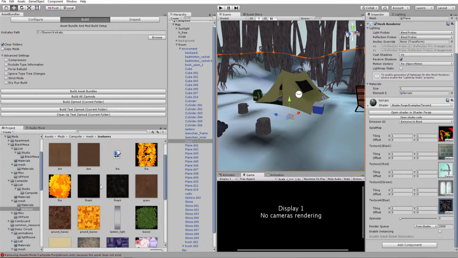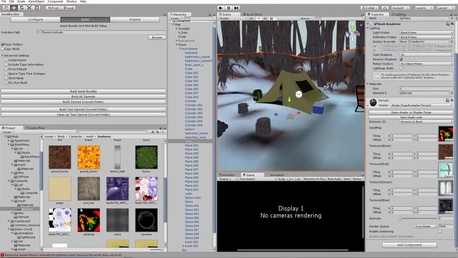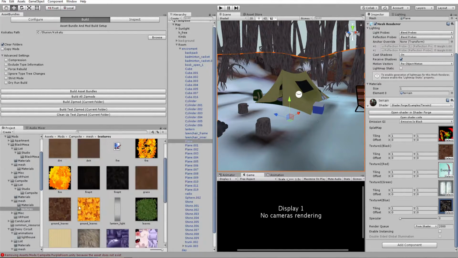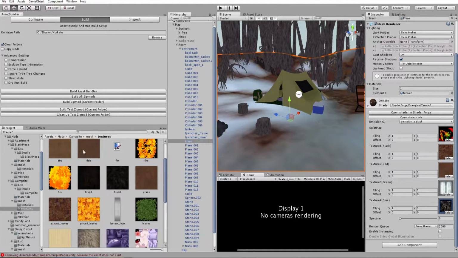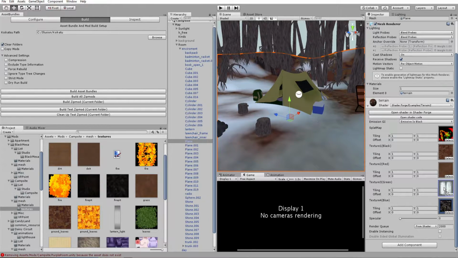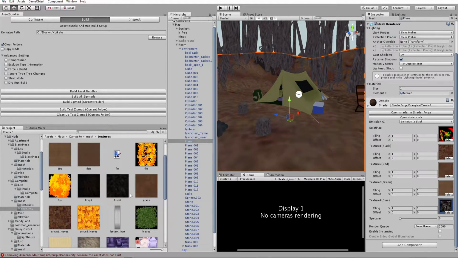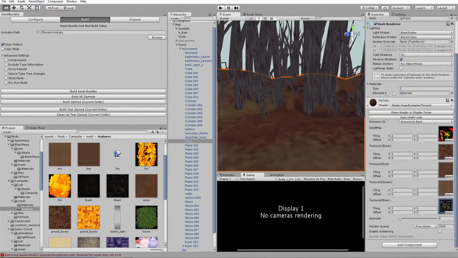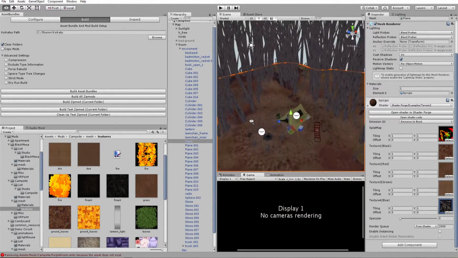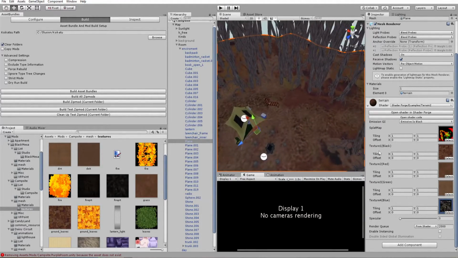Let me figure this out. So I think the first one was leaves. The second one was grass. The third one was dirt. And I don't think there was a fourth one yet, but I could have added a fourth one if I wanted to. So what that's going to do is blend between all these different textures based on